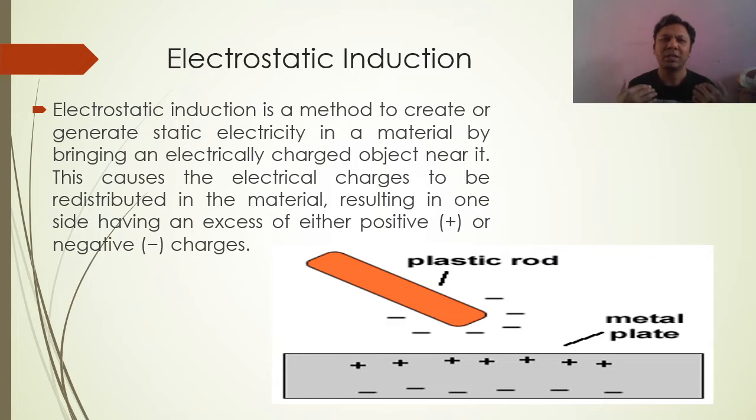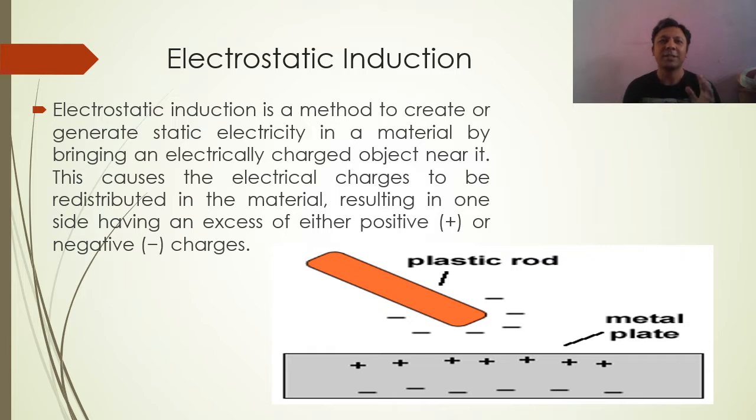There are many methods to produce electrostatic induction, but another method that we do in our school life: suppose you have a piece of cotton, and you rub that cotton on a plastic. When you bring your hand or a piece of paper near that place, then that piece of paper or your hair will be attracted to that place. Your hair will stand up.